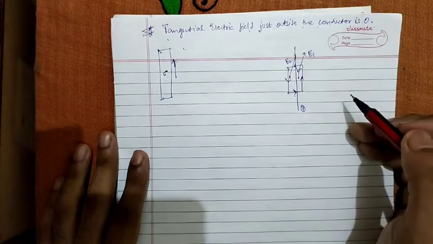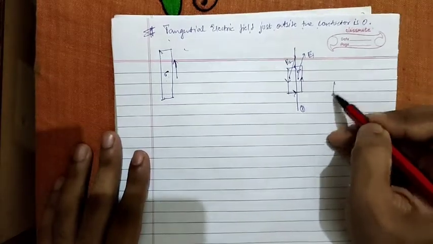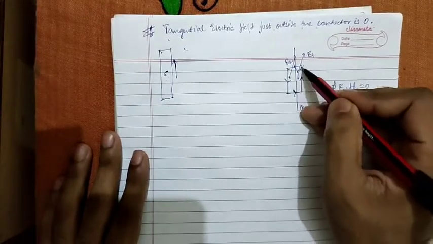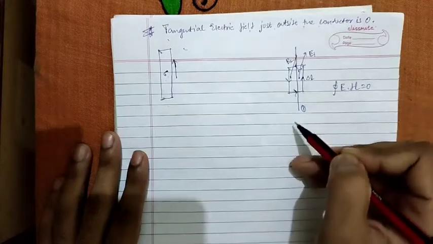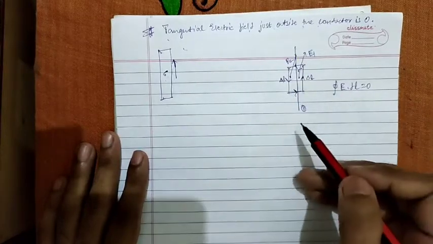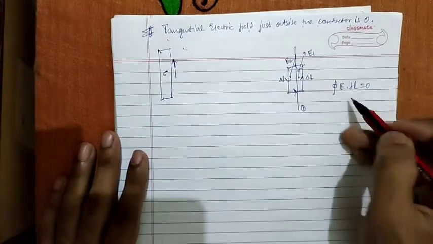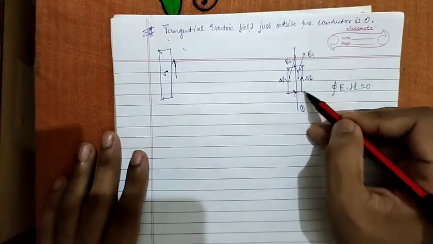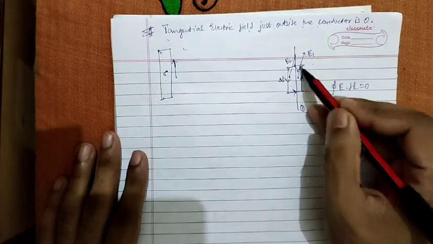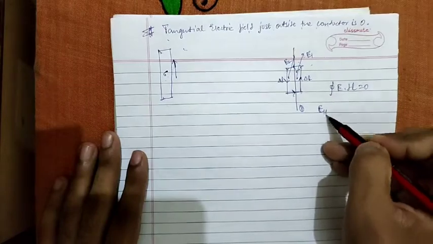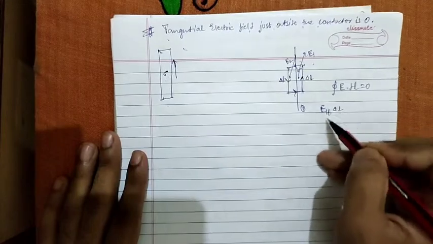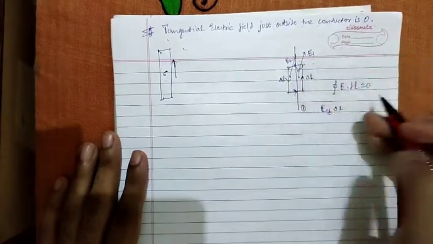the closed loop line integral of the electric field is 0. So E dot dl is equal to 0. For this component, this is a very small length. Let's say this is delta L and this is delta L, and this other length we will diminish by saying that it tends to 0. So E1 dl, I'm starting from this side, E1 component parallel to this delta L length, which is say E1t. On resolving along the delta L length, the component is E1t delta L, plus